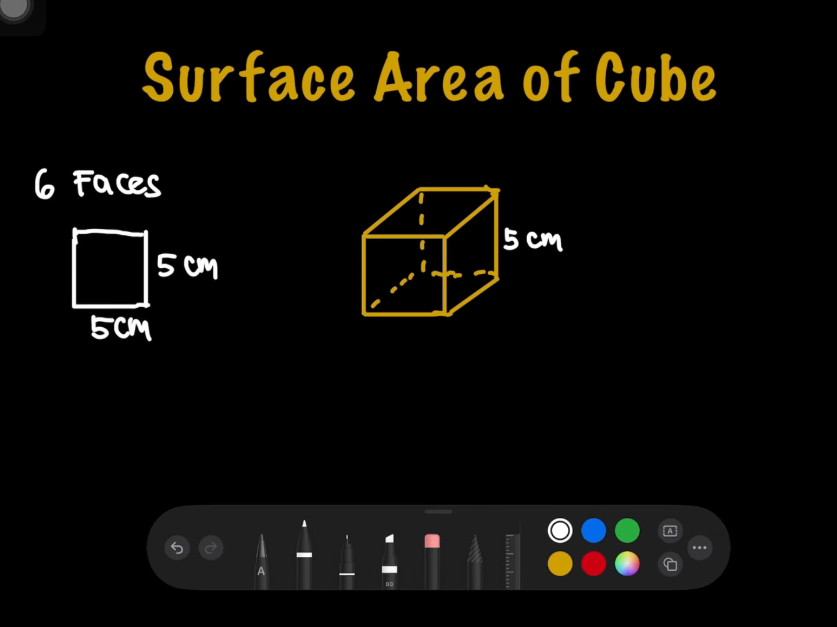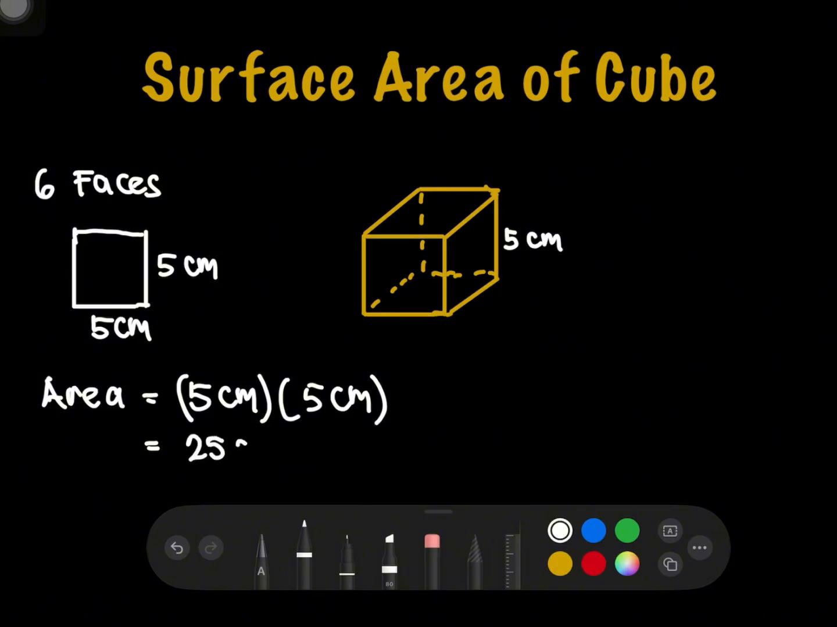And to get the area of this square, we multiply: area is equal to 5 times 5, and that is equal to 25 cm squared. After that, since we all know that a cube has 6 equal faces, 25 cm squared multiplied by 6, and then the answer is 150 cm squared, and that is the total surface area